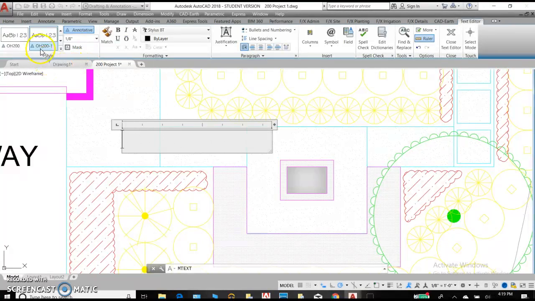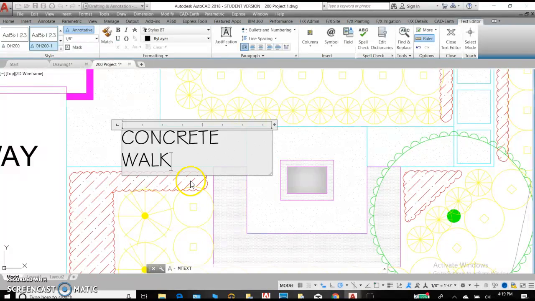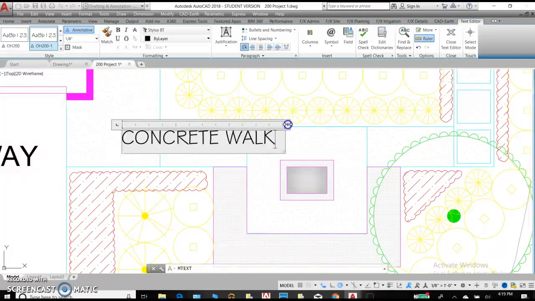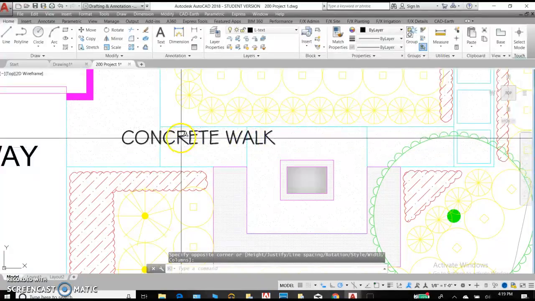So we have OH200-1, and in that I'm going to write concrete walk. Now it wrapped, so I'm just going to grab this edge and pull it over, and that gives me some room to work with. The next thing we want to do is when you hit close, you'll notice that the